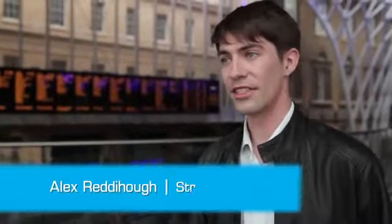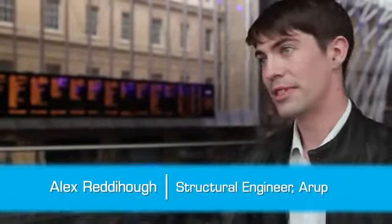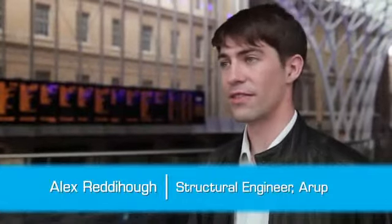It's one of the largest station roofs in Europe. It's nearly 150 metres across, so 1.5 running tracks. And we've got about 1,200 tonnes of steelwork just in the roof itself, and that's all supported on 16 columns. Each one of those columns has a load of about 600 tonnes coming onto it, so 60 London buses on